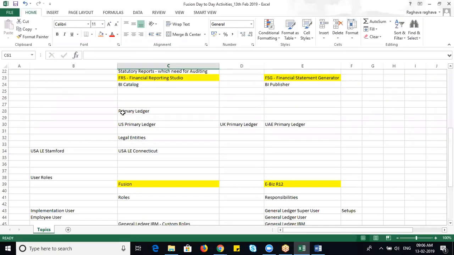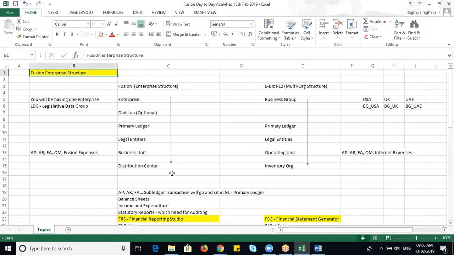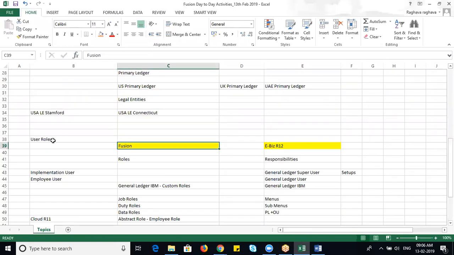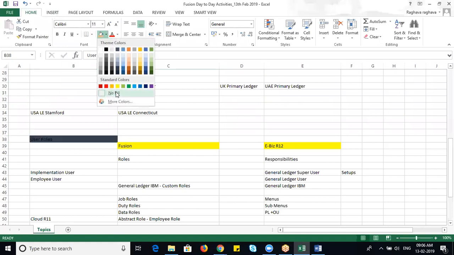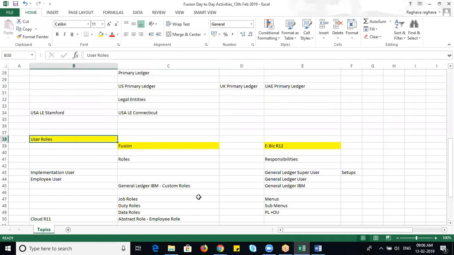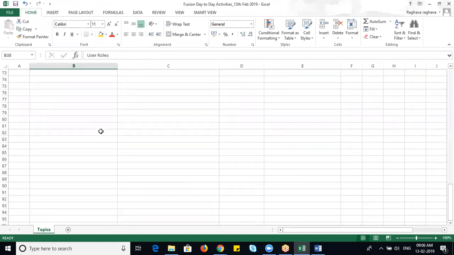So that's it guys. Any questions? This is about the enterprise structure and this is about the user roles. We discussed user roles as well as enterprise structure today, and we'll scale up slowly in our next sessions. Any questions? Fine, right? So we'll